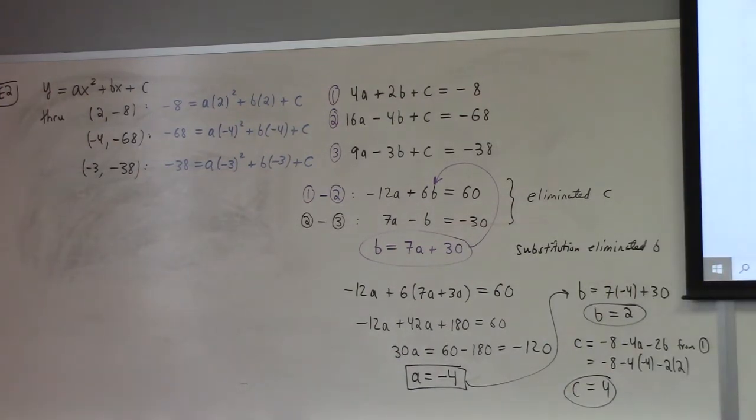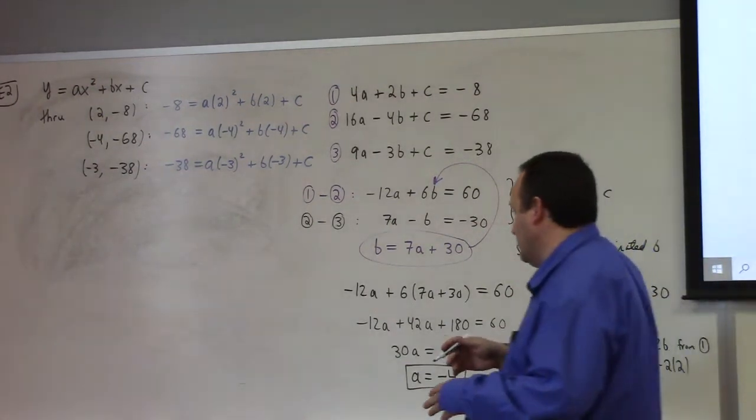Which, of course, is what Wolfram Alpha told us, right? C equals 4, B equals 2, A equals minus 4. So it checks, right? But we need a method, right? Because, again,